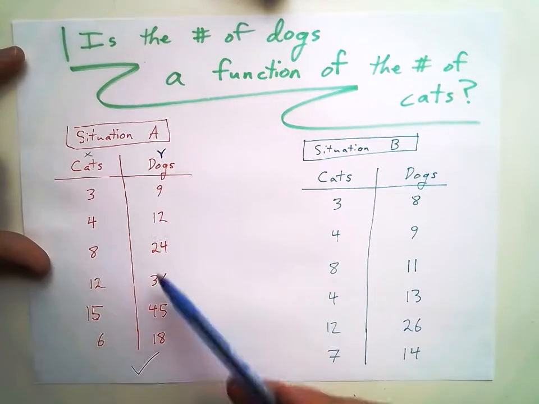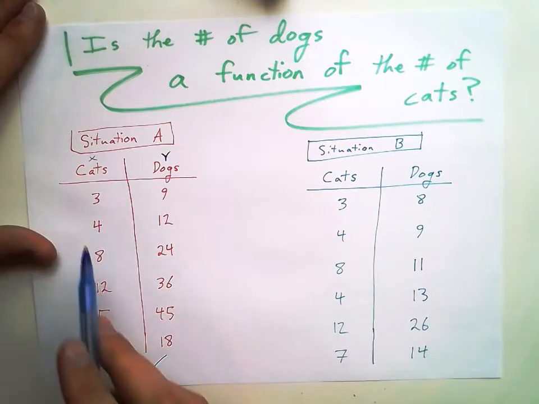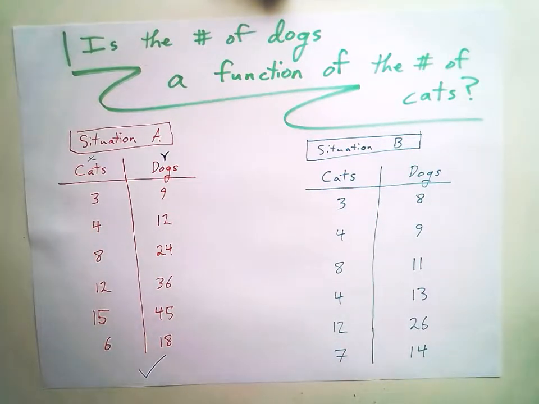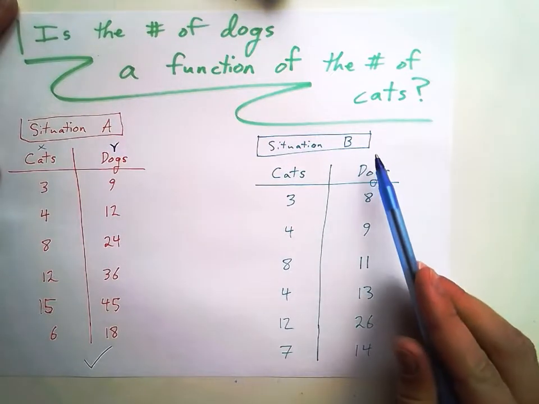Alright, and this one happens to be linear because it's always just exactly 3 times the number of cats. But it doesn't always have to be linear to be a function. Okay. This one over here,